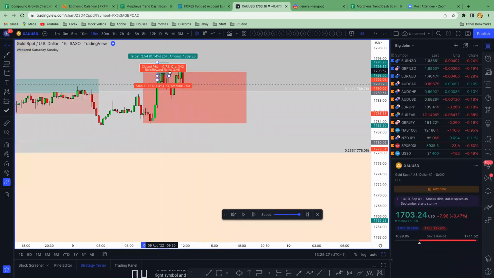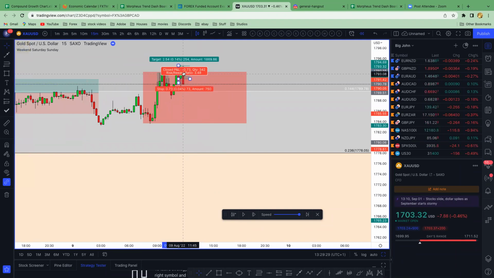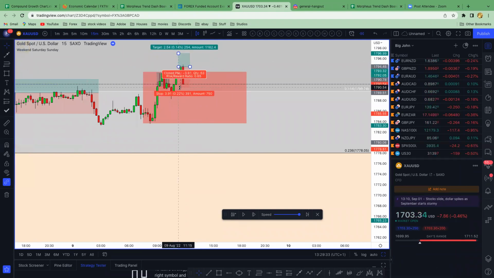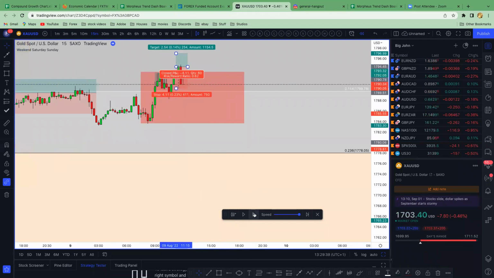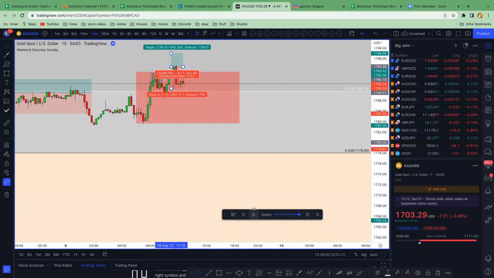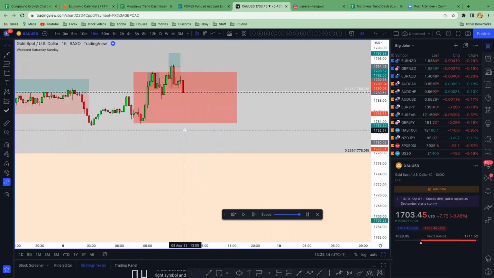It is a loser straight away. I can already see because it went in. So you would have got in on this candle closure here. Stop loss would have been below here. Let's see. Could be wrong. Yep, this was a loss. Not yet. Yep, now it's a loser. So there you go.